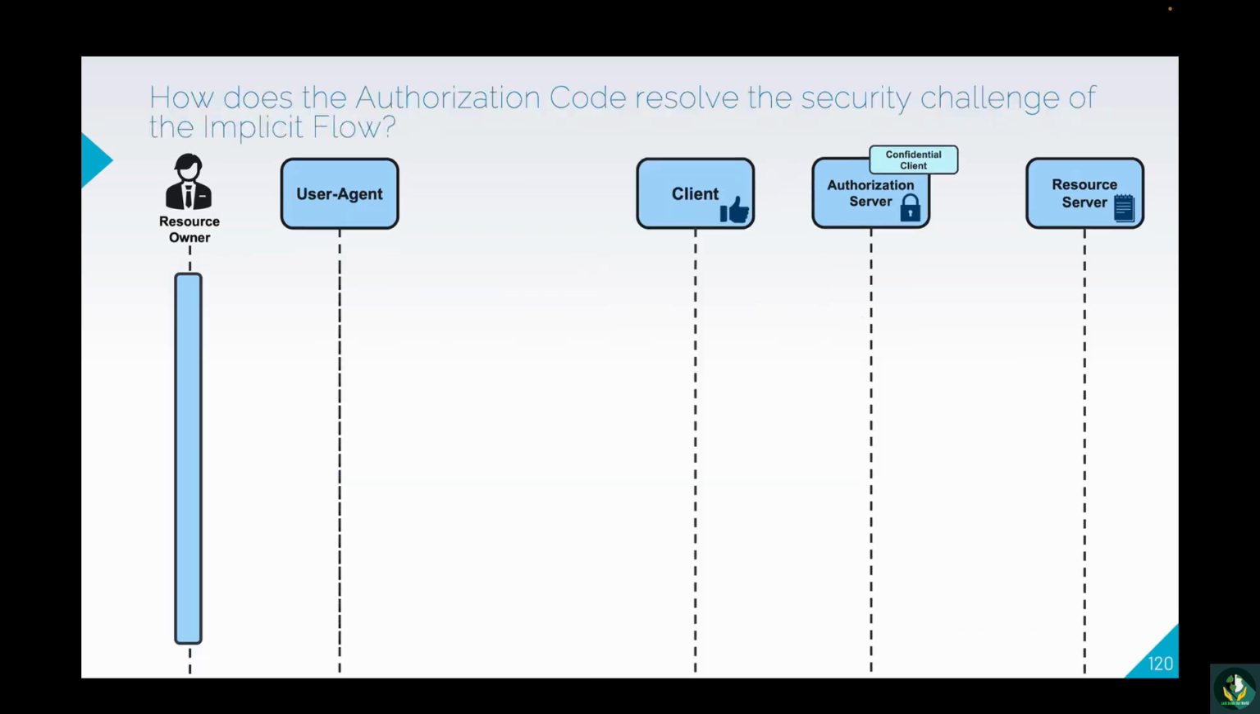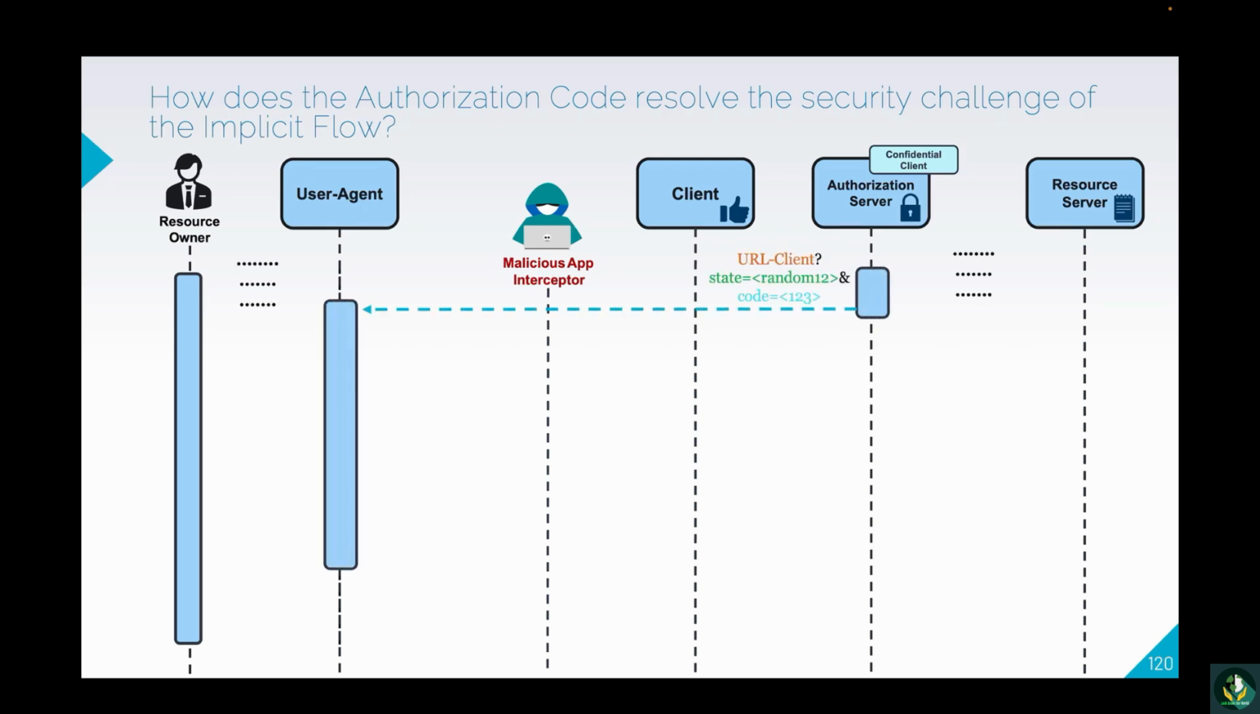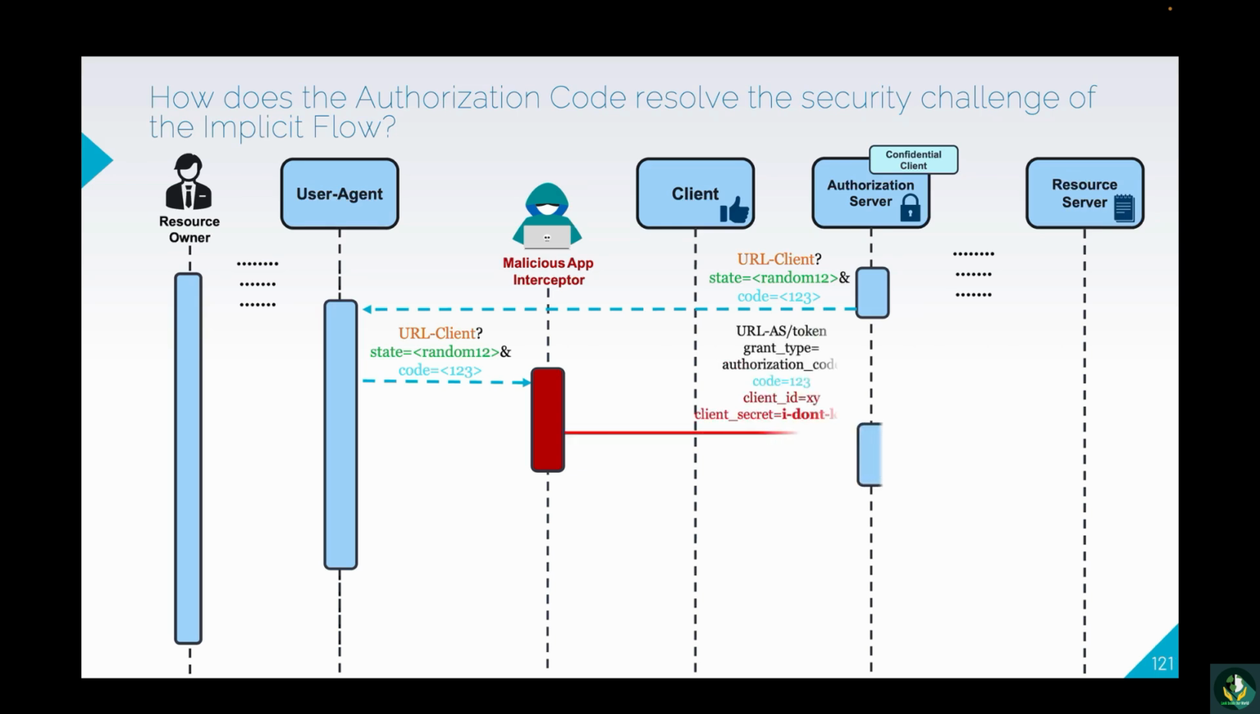Now let's see how the authorization code flow solves the security challenge of the Implicit flow that we covered in the last lesson. Once again, we have the same malicious application, an interceptor that's capable of monitoring and intercepting browser or network traffic. At the same point in the flow, when the authorization server redirects the resource owner back to the client via the user agent, instead of providing the access token directly in the URL as in the Implicit flow, it provides an authorization code. Here the malicious application will intercept it again because it's monitoring the traffic. Then, the malicious application uses the intercepted code and sends a POST request to exchange the code for an access